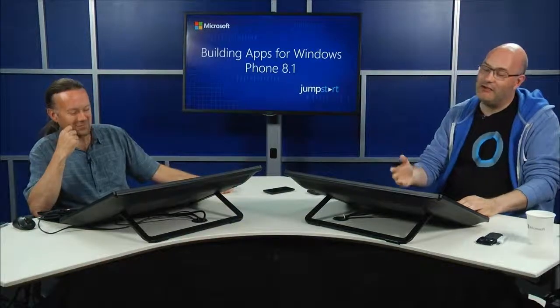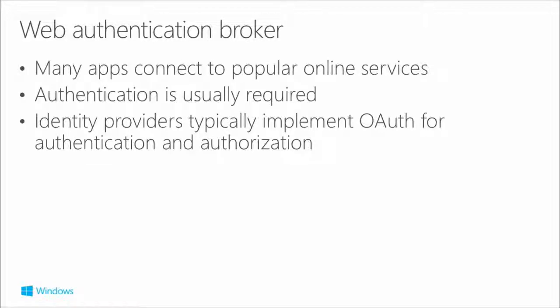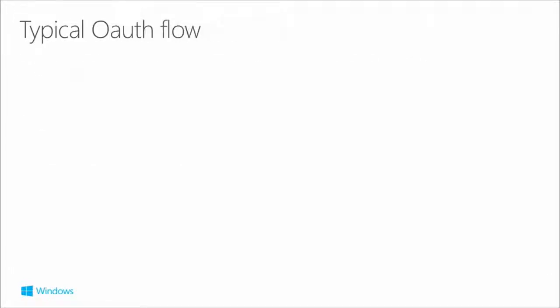Okay, so I have a little bit of code. Let's set the context. Many apps connect to popular online services, but it could also be your own service, Office 365 or your own Active Directory. Yeah, I have a sample in a minute about connecting to my own directory. They all implement, or most of them implement, OAuth, and the problem is it's a lot of work to create,